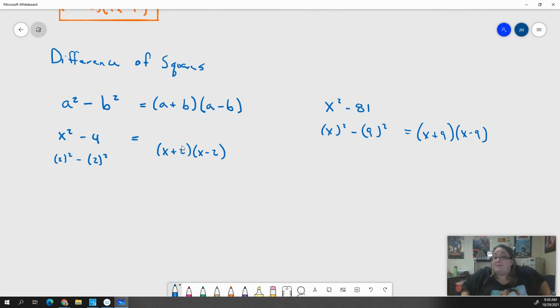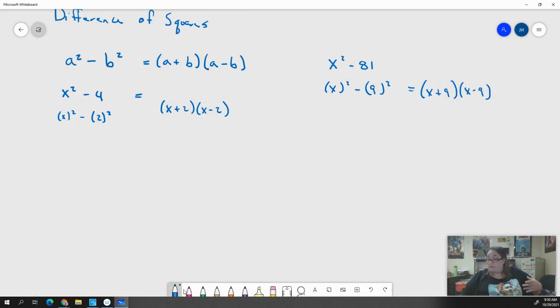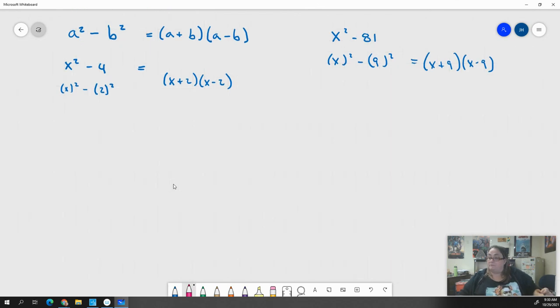Does it get more complicated than that? Heck yeah. Absolutely gets a little bit more complicated than that. But it still doesn't get difficult. If I have 9x squared minus 25y to the fourth,